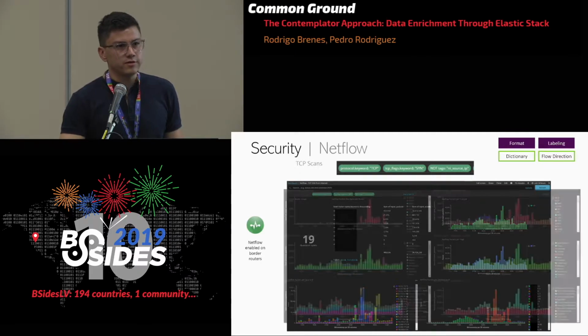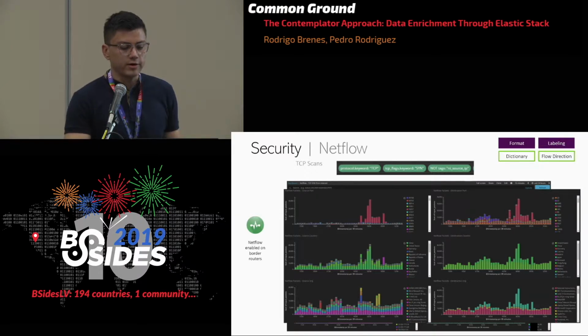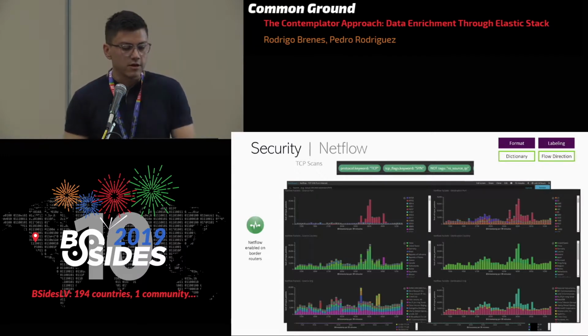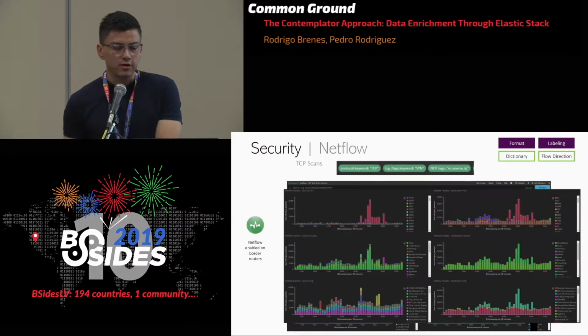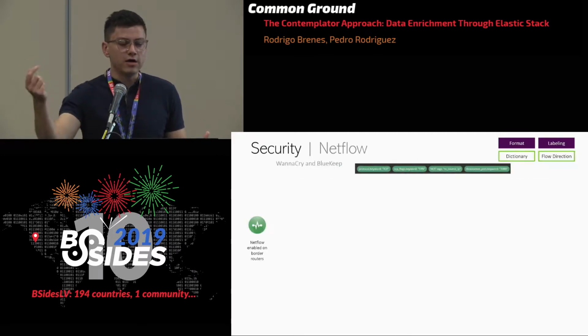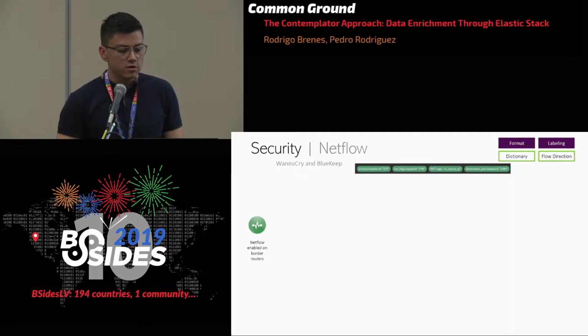Since I'm enriching the data, I'm removing the hexadecimal value for TCP flags and resolving it as what flags are there. I'm also removing the TCP numeric value and resolving it as TCP. And since I'm tagging private versus public IP addresses, I'm able to say, okay, in this case, give me everything that is TCP, everything that has a TCP flag, and everything that is not coming from an internal source. So I'm looking at inbound traffic on Netflow,